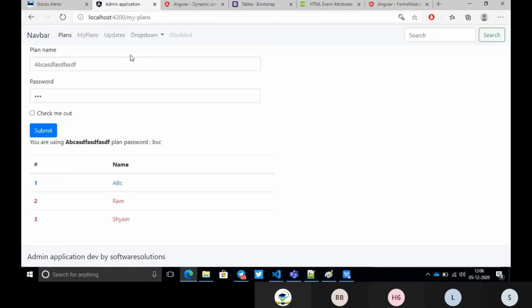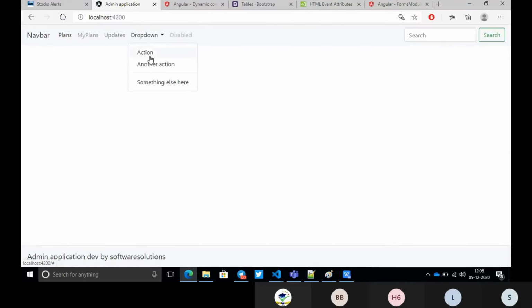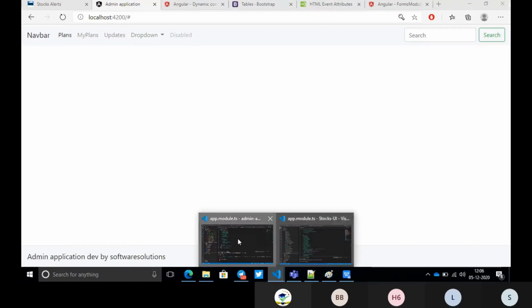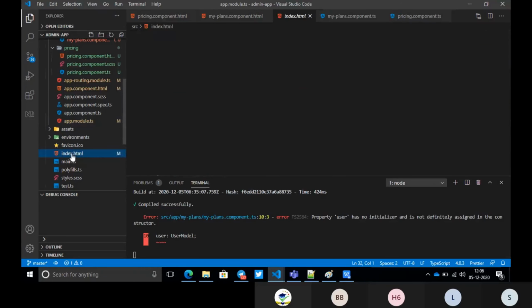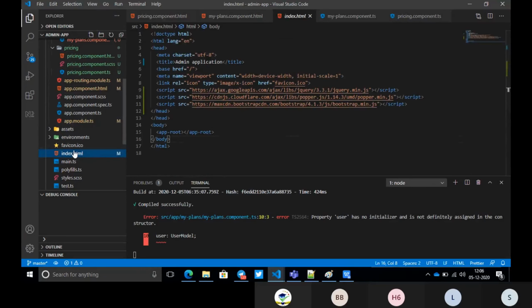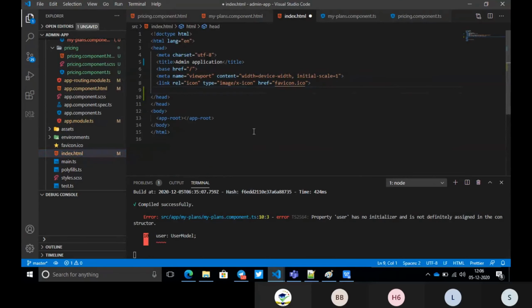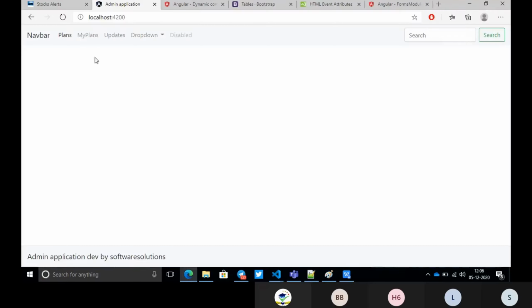Another important point is whenever you are creating a new project with Bootstrap, and you have a dropdown, when you click it, sometimes it will not work for you. For me it is working fine, but when you start a new project, sometimes it will not work. What you need to do is go to your index.html and add these 3 lines of code. I'm just removing it and let me show you whether my dropdown is working or not. See, even if I'm clicking, my dropdown is not at all coming.